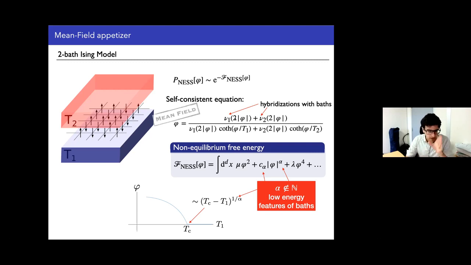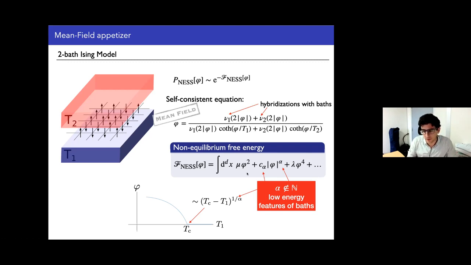Because we're looking at things close to criticality, when phi is close to 0, you have a prefactor here that of course vanishes whenever you're back to equilibrium. So the main message here is that, with just mean field approximation and very simple models, you can show that the phi 4 theory is being deformed by new operators that are intrinsically out of equilibrium. They are not there if you're in equilibrium, and they are non-analytic, because this absolute value of phi to some power is of course non-differentiable at phi equal to 0, right?